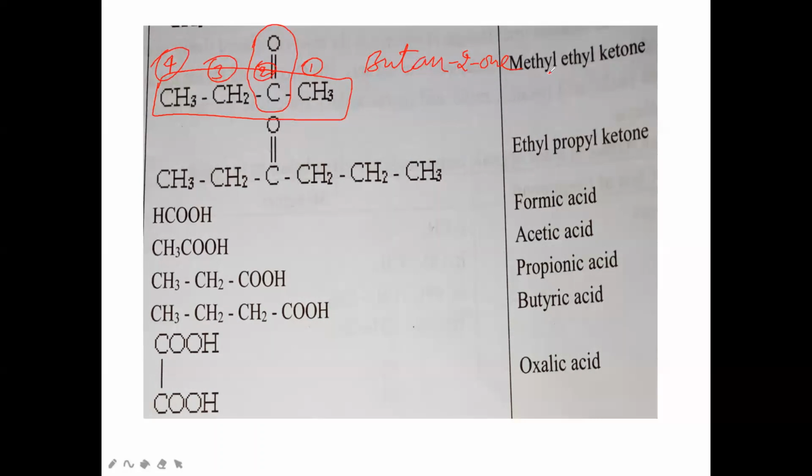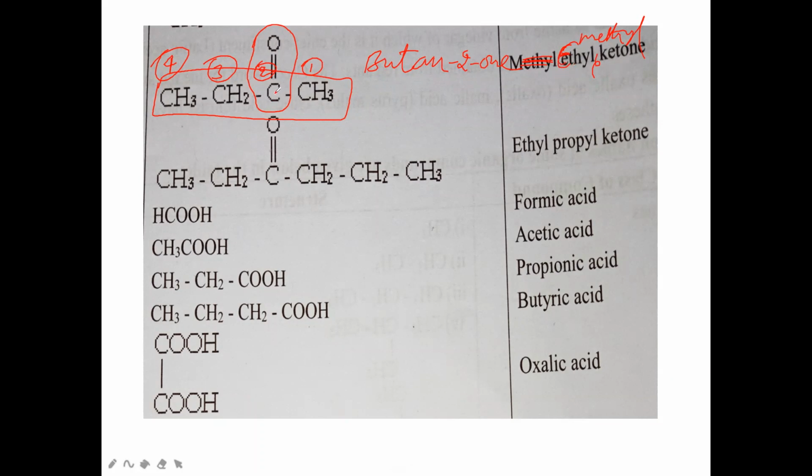In this case, do we say methyl ethyl ketone or ethyl methyl ketone? First, what do we have to say? Ethyl we have to say. We should not say methyl first. Ethyl, then we have to say methyl. So it is ethyl methyl ketone here. Why ethyl methyl? In ethyl, E is the first letter, in methyl, M. So the first letter should be taken into consideration for alphabetical order. So we have to write ethyl first. Ethyl methyl ketone we have to say.